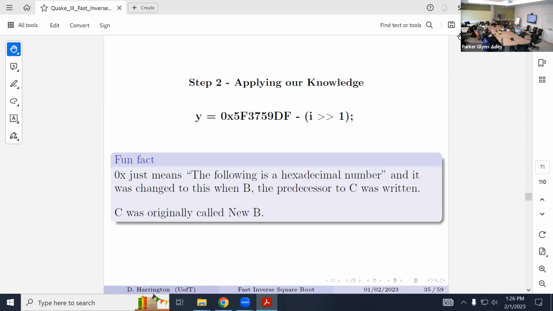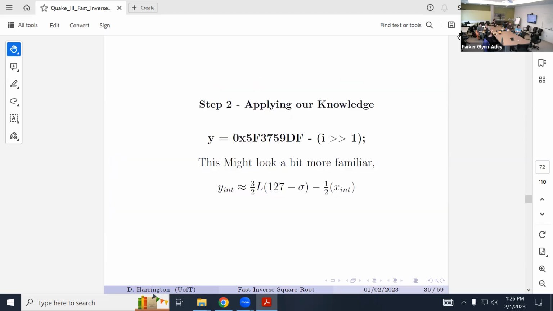But it doesn't look like anything we know yet, so this might look a little more familiar. A bit shift to the right will halve a number. A bit shift to the left will multiply it by 2. Remember in that fraction how I said it was adding 1/2, 1/4, 1/8, and so on? Well, if you shift it to the right by one, then you end up adding 1/4, 1/8, and so on. The half gets cut in half. So a bit shift to the right will divide a number by 2. If we bit shift to the right once with this number, and we subtract it, we have